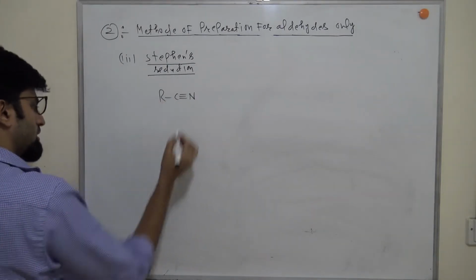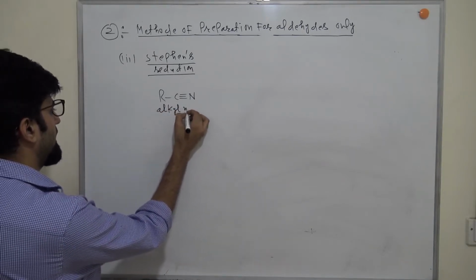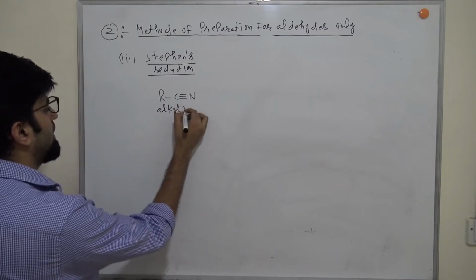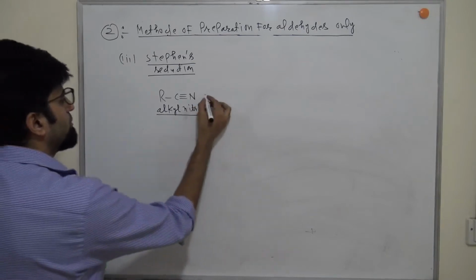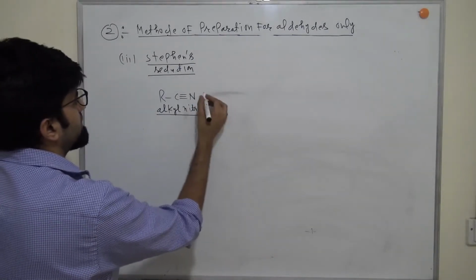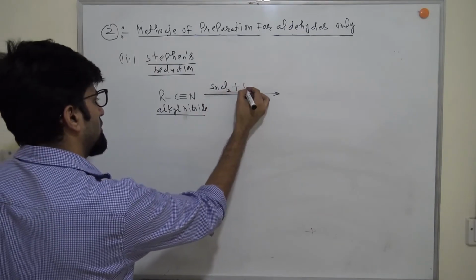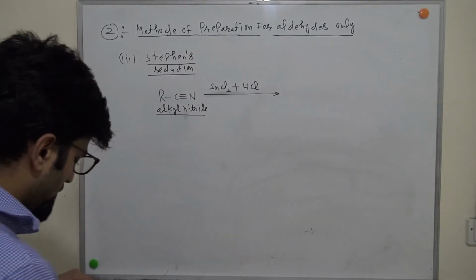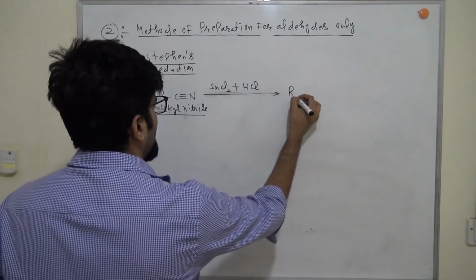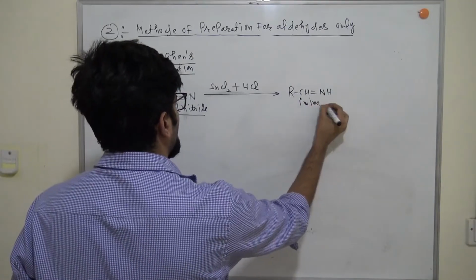Okay, this is cyanide. Alkyl nitrile is the IUPAC name, and we call them cyanides. So if you will do their reaction, it is a direct question: define Stephen's reaction and write the reaction. If you do their reaction with SnCl2 plus HCl, first of all they convert into RCH=NH, we call it imine, and